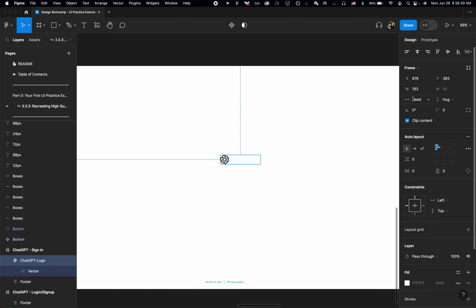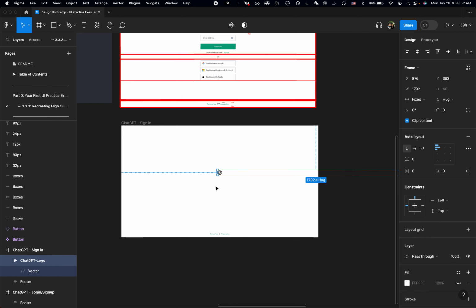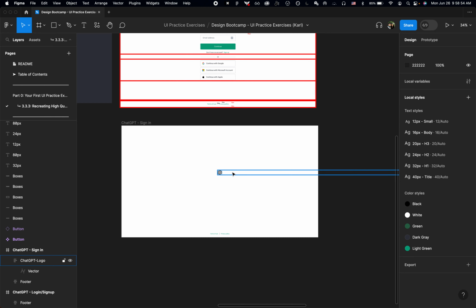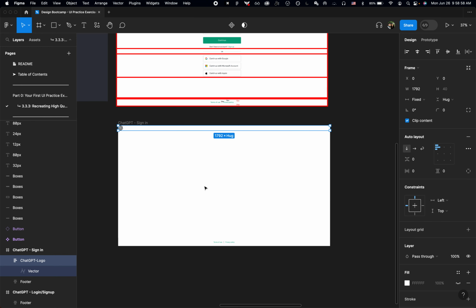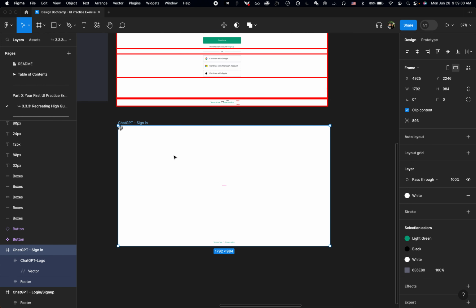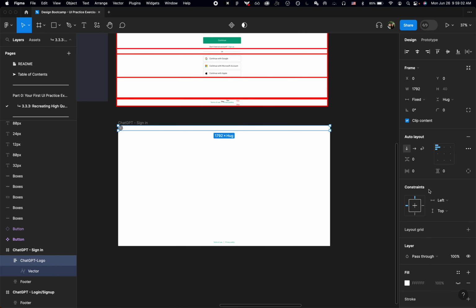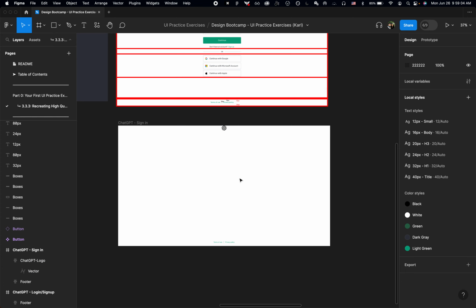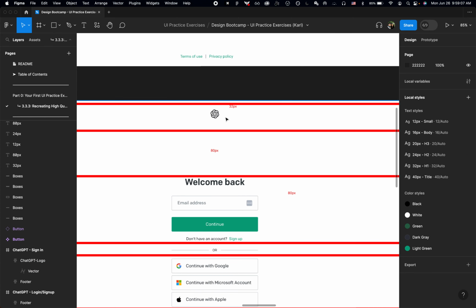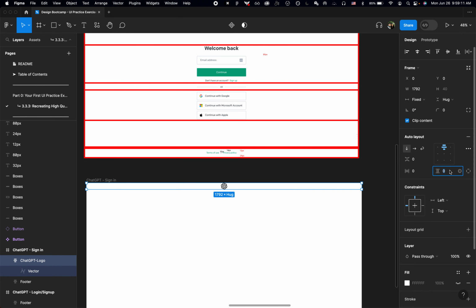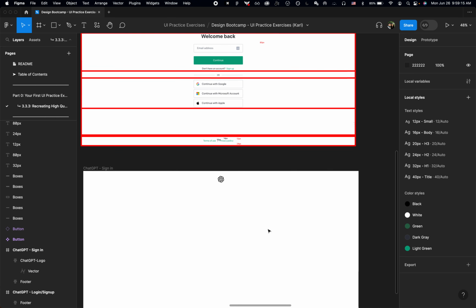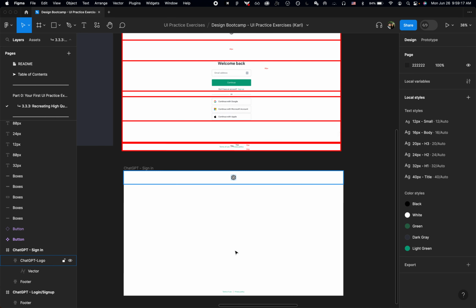So I change it to a fixed width because I want it to only fit the width of this parent frame called ChatGPT sign in, and then I want it to be in the middle like that. And then let's see, we said there was 32 pixels of spacing at the top, so 32 like that. Okay, so now we have the top and the bottom, and now the meat is sort of